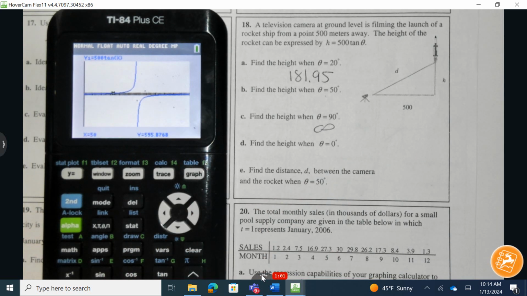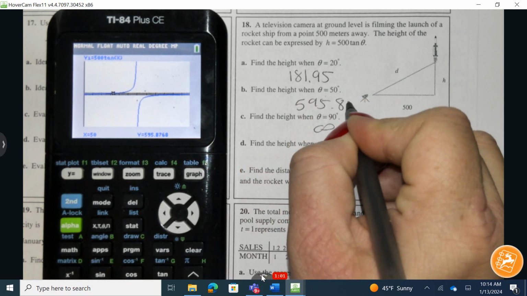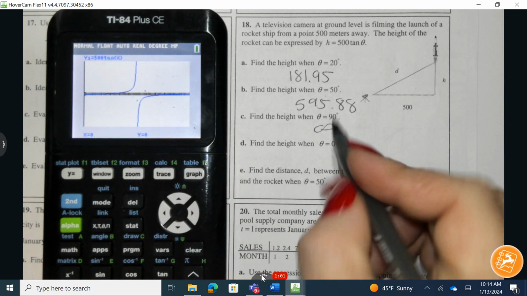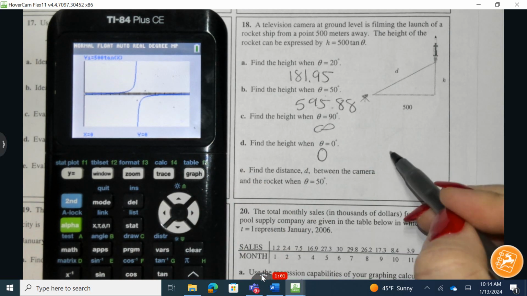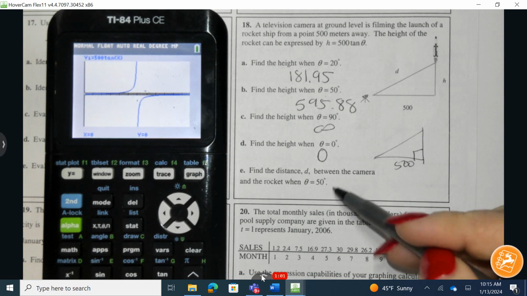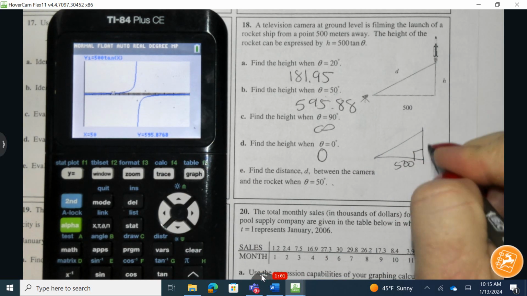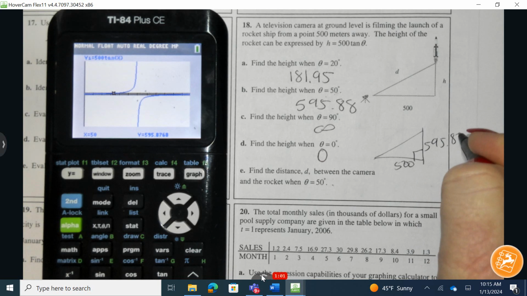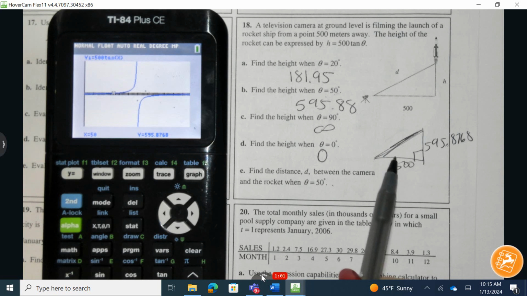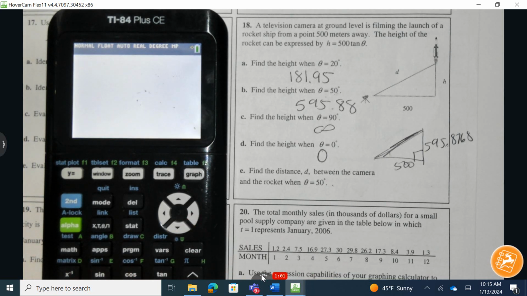Let's go to 50. 50 is going to be 595.88 if we round it. 0 is going to be 0. And now we're going to use the Pythagorean theorem. We know this distance is 500, and we've already figured out that 50 was 595.8768. So to figure out this length, when we're working with an angle of 50, I can do 500 squared